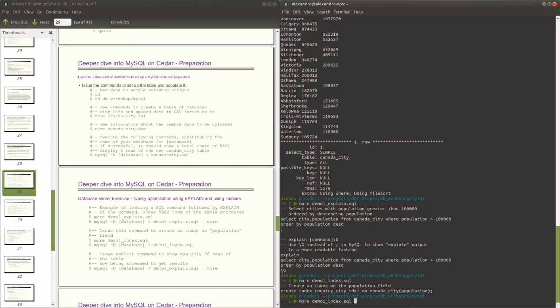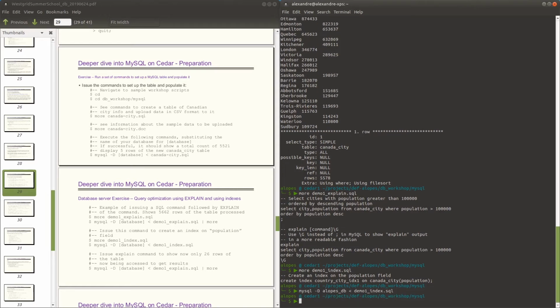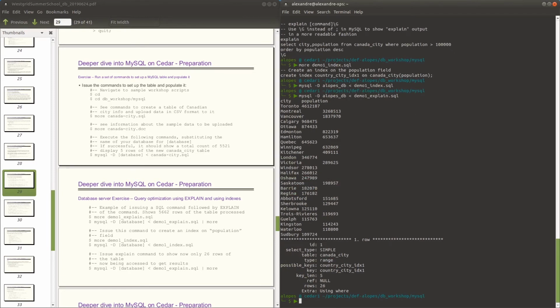And let's run this then on our database and see how that goes. So demo 1 index. Okay, index should have been created. If I run again the explain, I would expect I have a smaller number of rows, and there we go. Now it tells us that the IDX1, the index we've just created, has been used, has been selected, and now the number of rows that has been scanned in order to retrieve the results is way smaller than before, which actually makes it more efficient. So this is how we could optimize some queries on our database, and how indexes could help us